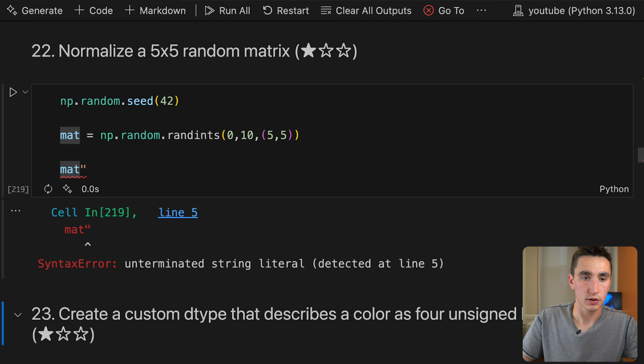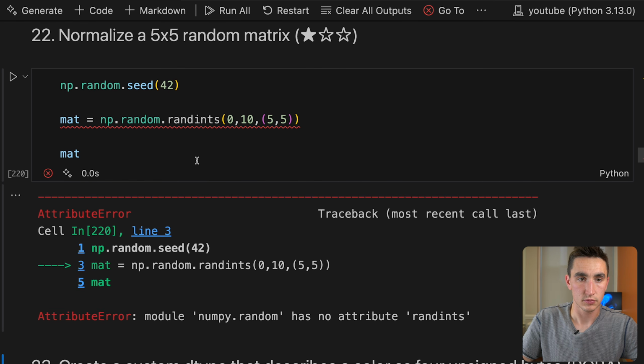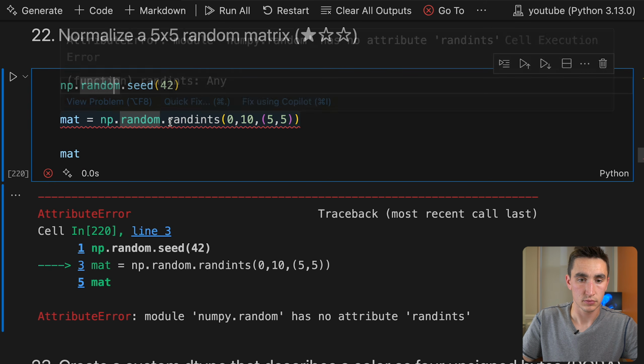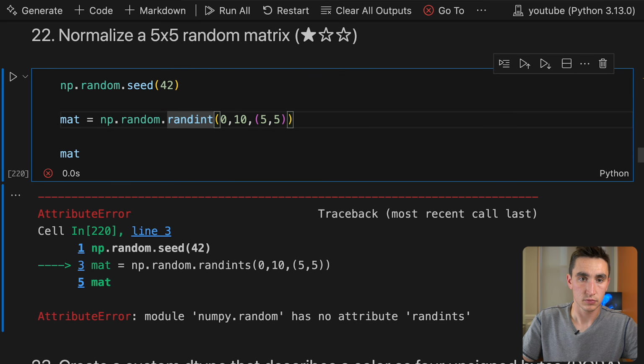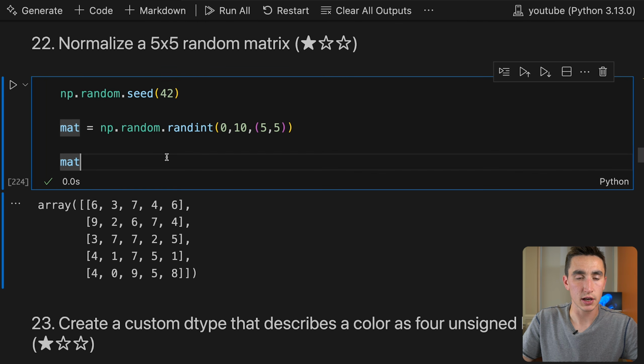We got mat here. Okay, and if I run this again, we can see that it doesn't ever change. Okay, so getting the